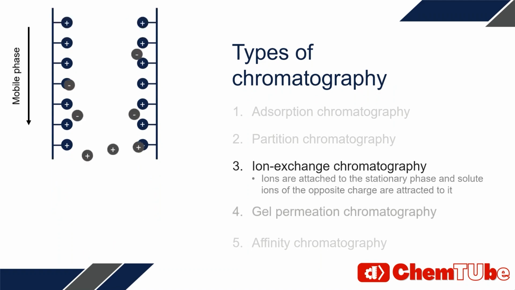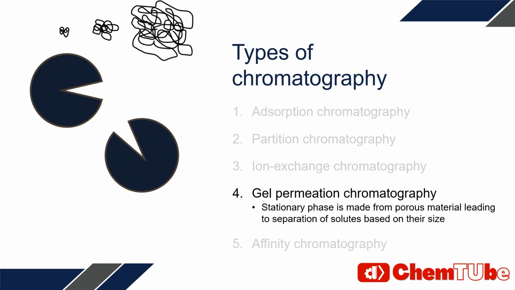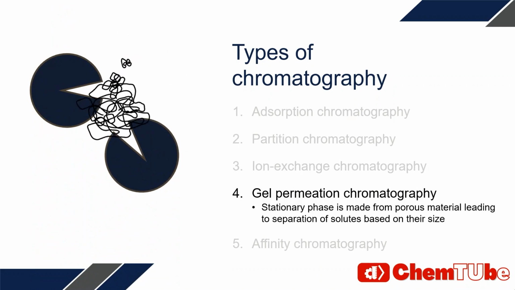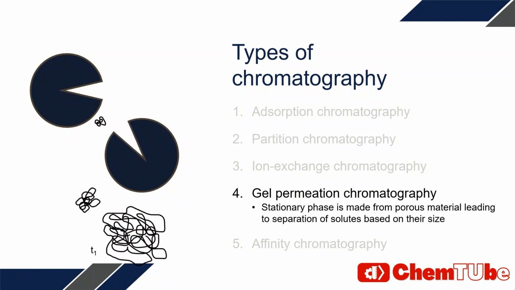In size exclusion chromatography, which is also called gel permeation or gel filtration chromatography, molecules are separated by size. In an ideal case, there is no interaction between the stationary phase and the solute. Rather, the stationary phase is porous and large molecules stream past without entering the pores, while the small molecules take longer to pass through the column because they enter the gel and therefore must flow through the larger volume before leaving the column.